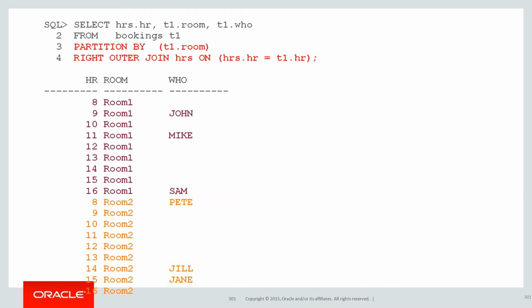What if I want that same information broken up by room, so for each particular room? Then there's this syntax. This has actually been around since Oracle 9. If I do partition by and then an outer join, I get the same hours of the day, 8 AM to 16:00, for each room, room 1 and room 2. And it doesn't matter how many different rooms I've got. Effectively, it's done a select distinct of the rooms in there, and I get information per room.